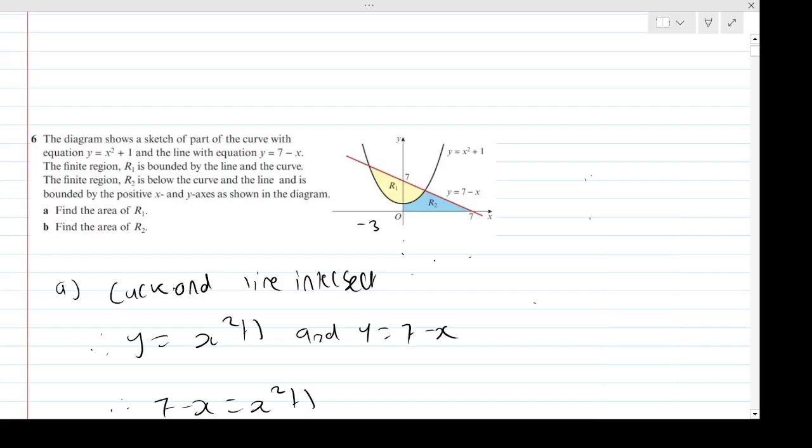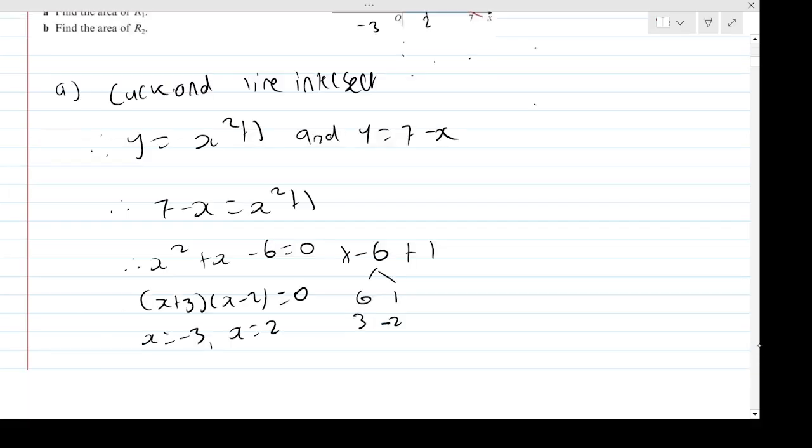What you can spot here is, if I split this up, if I do that line here, region 2 is basically a composition of the area under the curve between 0 and 2, then this region here, which is the line between 2 and 7. So essentially the area, we can split that up. The area of region 2